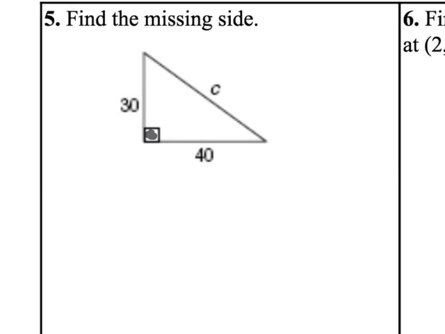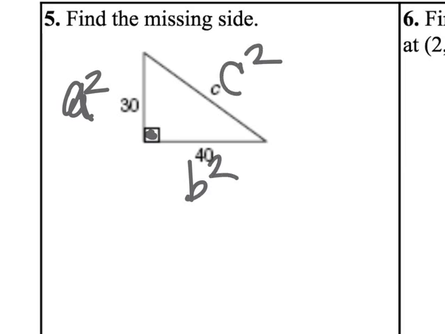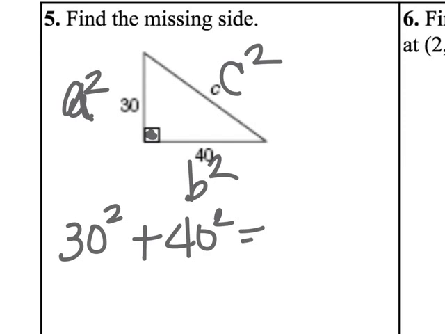So looking at this picture, it looks like we have an a squared, we have a b squared, and the c that we're going to be solving for is the hypotenuse. So we would need to set this one up. 30 squared plus 40 squared equals c squared. 30 squared plus 40 squared gives you 2500